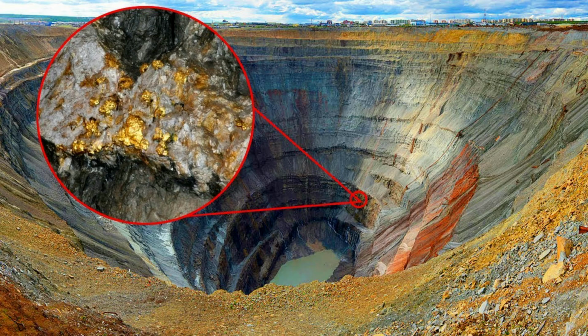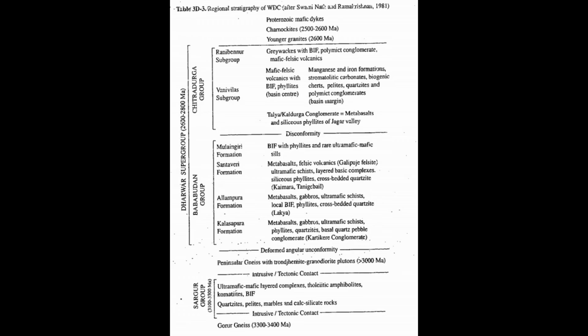You must have heard about the famous goldfield in India, that is Kolar Goldfield. This is a part of this Kolar group of Dharwar Craton. Once upon a time, 90% of the gold production of India was from Kolar Goldfield. But now the production rate of gold from Kolar Goldfield is low, so the government has decided to shut it down. So although there is some gold left in Kolar Goldfield, the mining here is stopped by the Government of India. Okay. Now let's talk about Western Dharwar Craton.